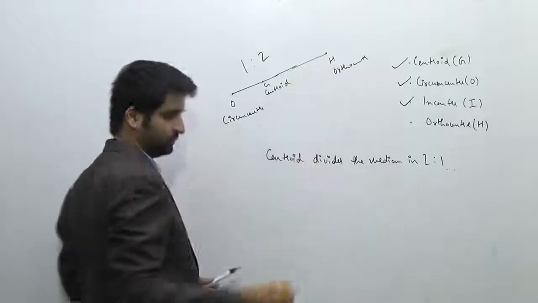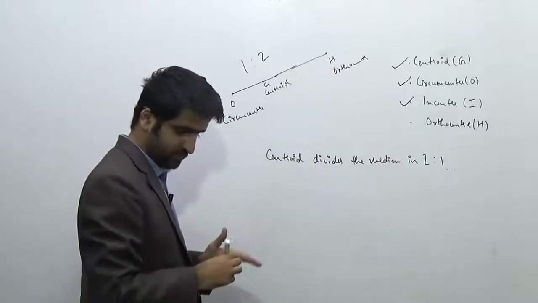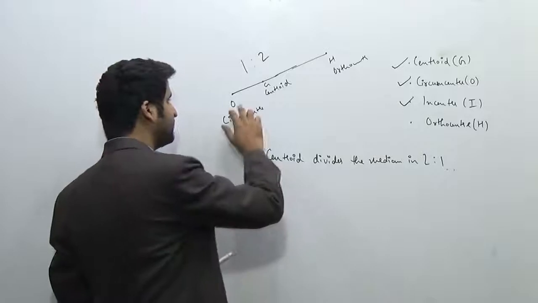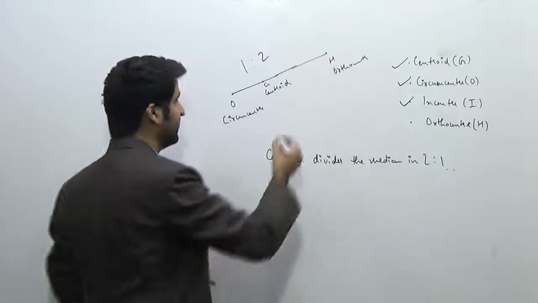Next thing, and this line has a special name. The line joining these three points has a special name, and this is called